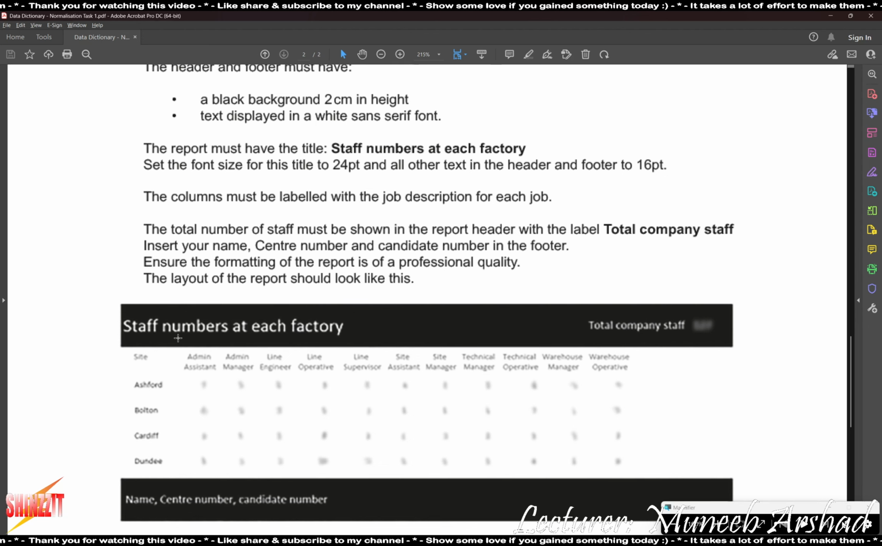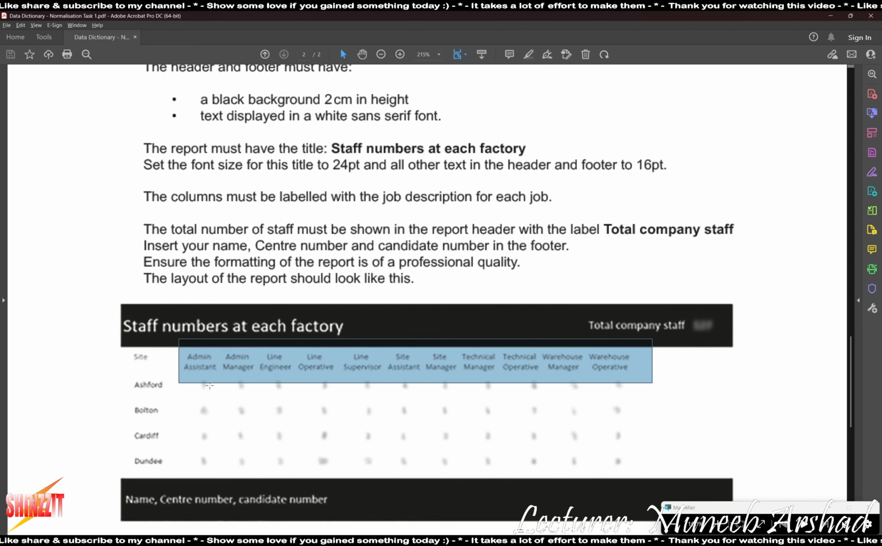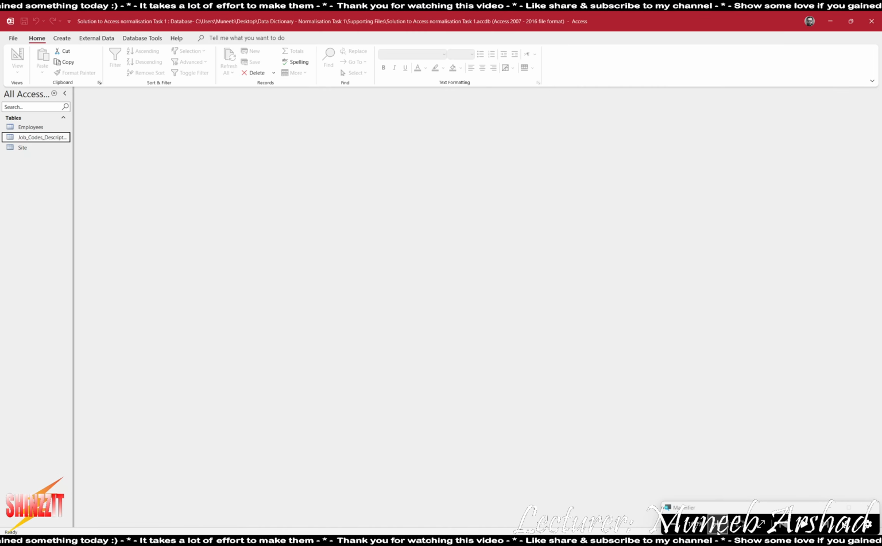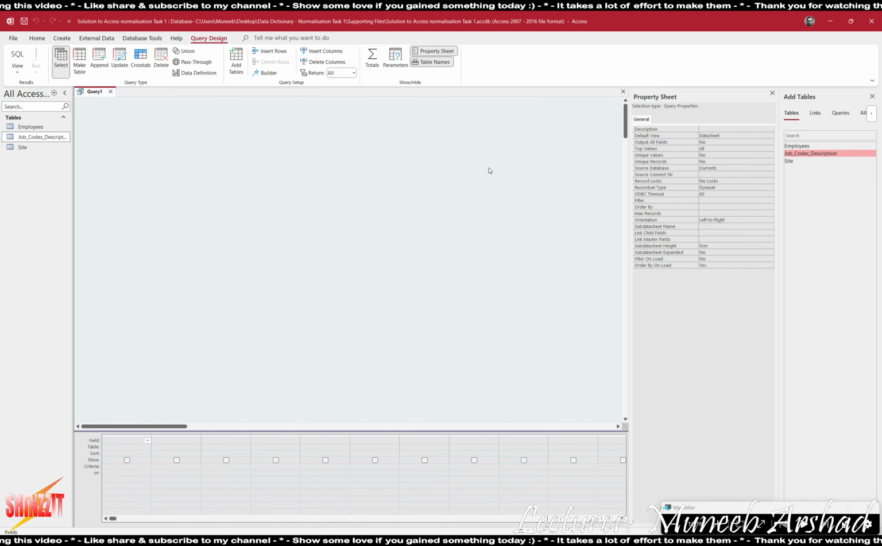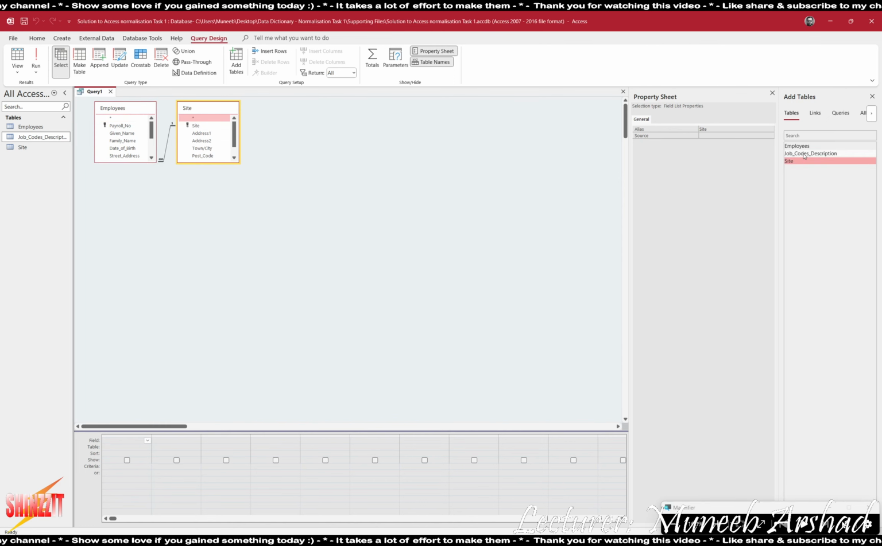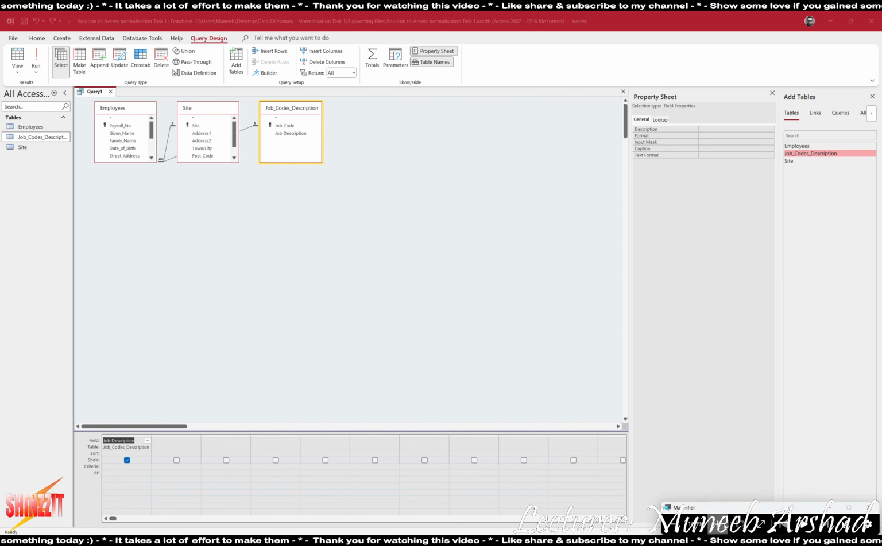So basically, job description in columns, site in rows. This is a cross tab. So for cross tab, we don't have to apply any criteria, but still we can go ahead, click on the query design, add all our tables. So we need job description. We'll add job description. We need site,